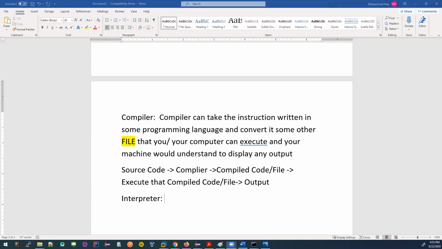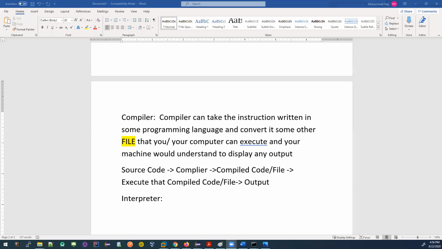So the compiler and interpreter behave differently, but they're doing the same task, the same job. What we want is to give some instruction through our programming language, and it should be executed to get some output.